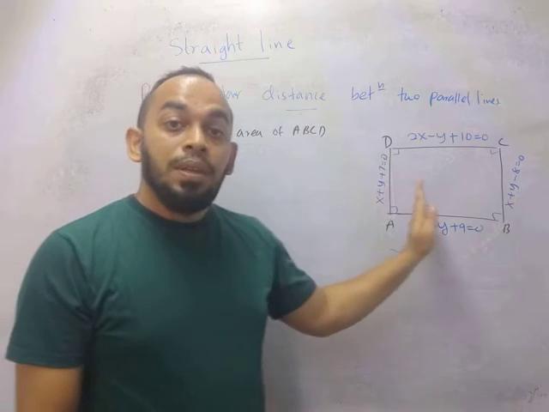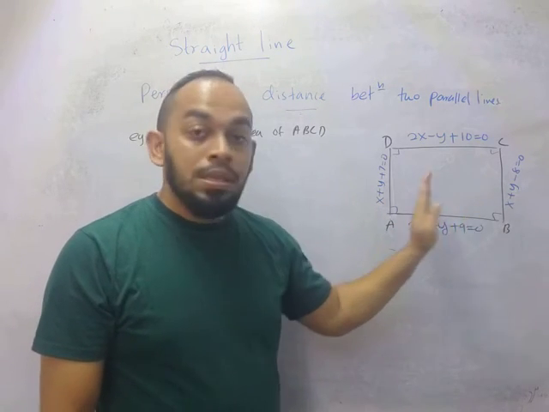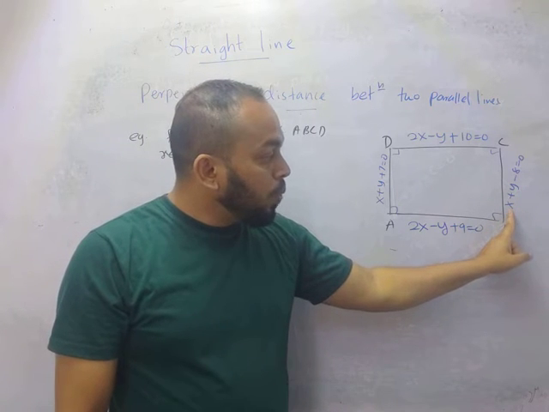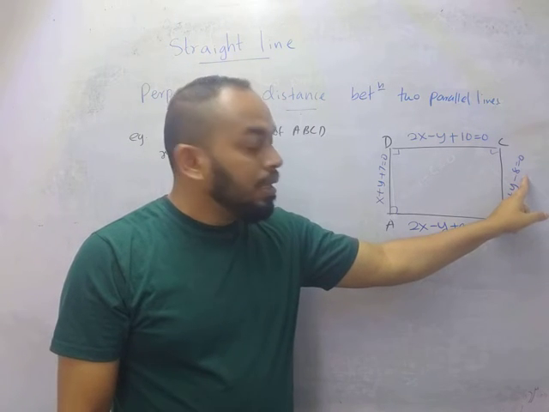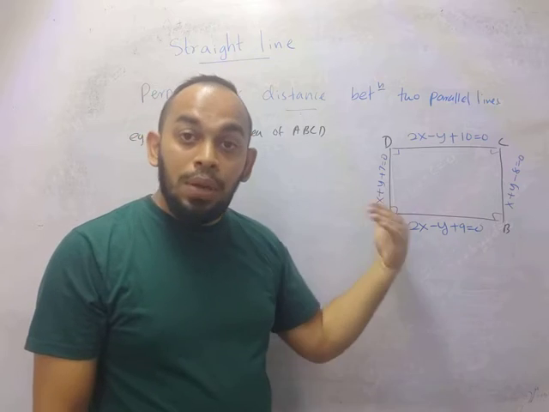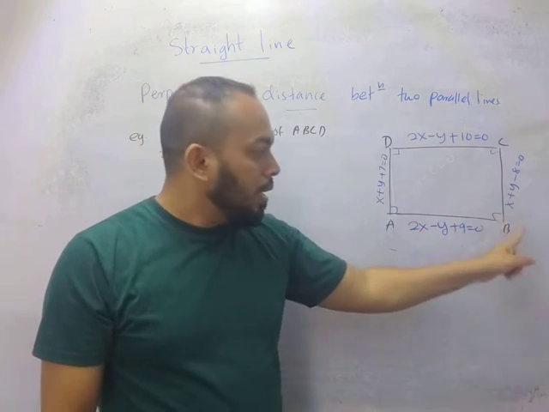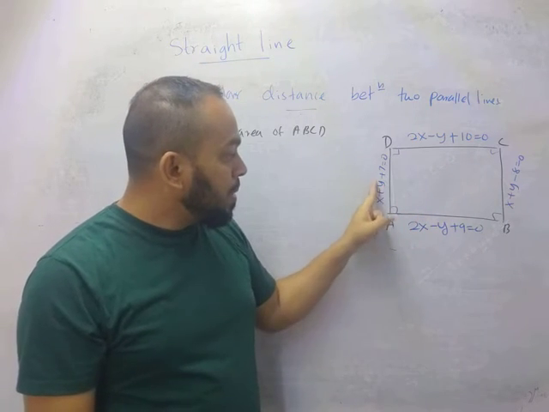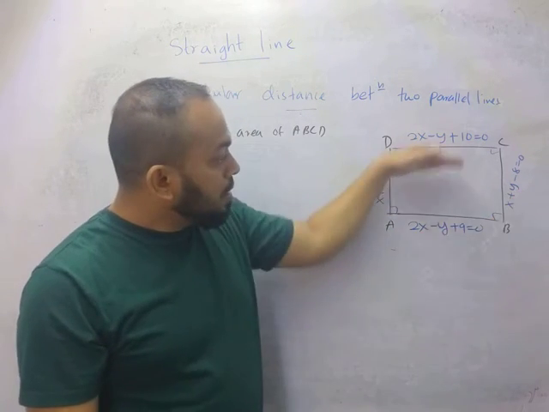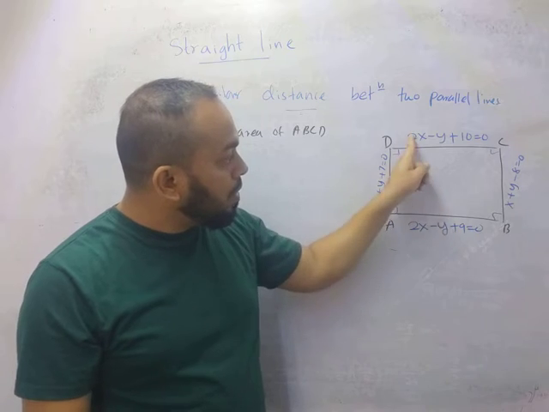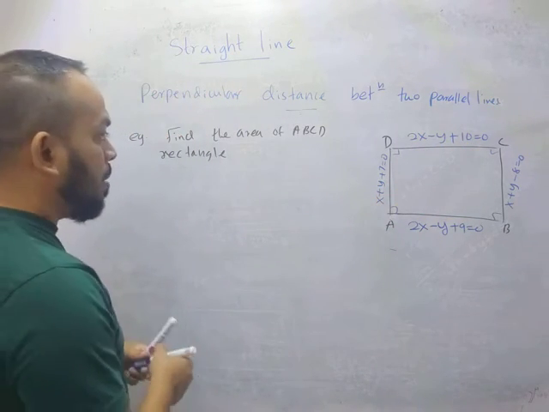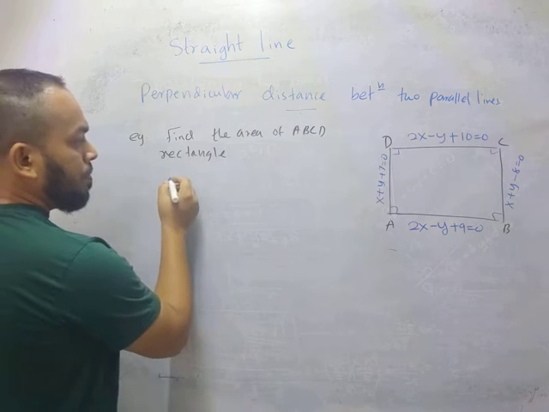Now you have to make sure that they are in the same form. If they are different, suppose this is 2x plus 2y minus 16 equals 0, then you have to divide this by 2 and write it in this form. It should be in the same form, x plus y, x plus y. Since these two are parallel, 2x minus y, 2x minus y, only the constants are different. Right? So we can write directly